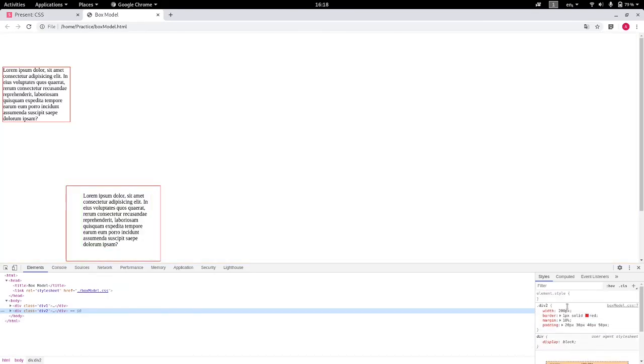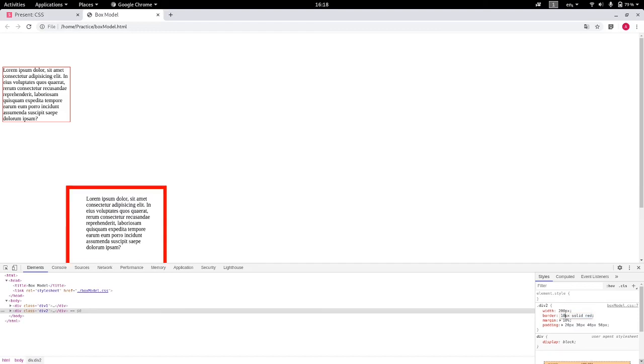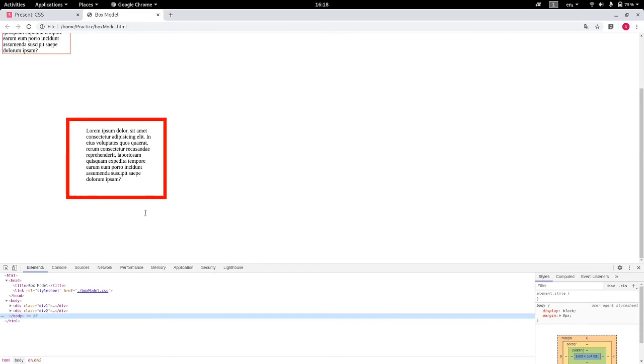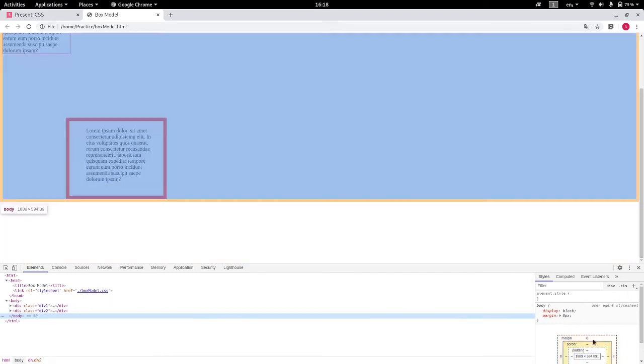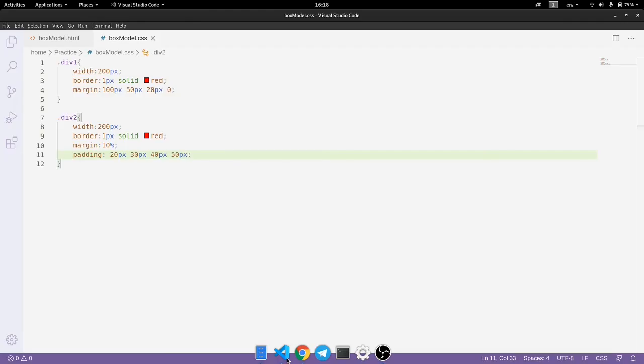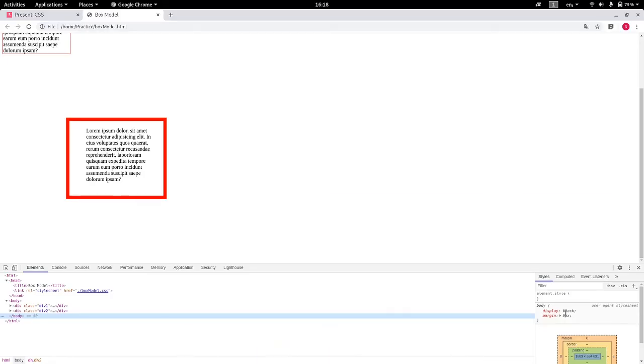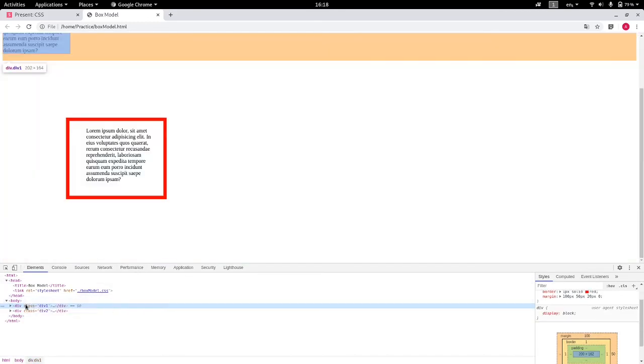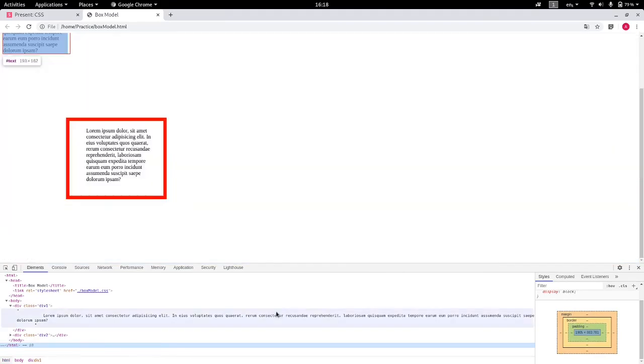Like I will change the border to be 10px. So you can see the changes we make over here will be shown in this HTML document, but these will not be saved. These are just for experimental purposes, and you can change these settings from your HTML and CSS files respectively. Changes made over here will not be saved. You can change the CSS and HTML properties for any of them.